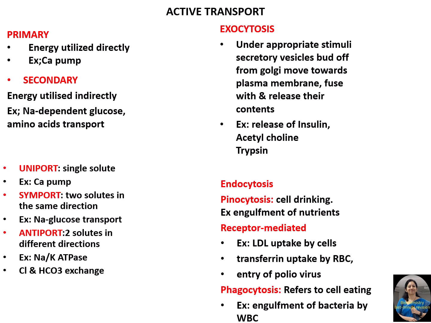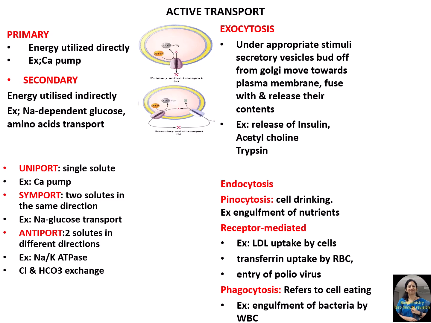Coming to active transport mechanism, which can be classified as primary and secondary active transport. Primary refers to energy utilized directly, for example the calcium pump. With ATP hydrolysis, calcium ions are either moved in or out of the cell. In secondary active transport, the energy is utilized indirectly. Here sodium entry into the cells requires hydrolysis of ATP, and this simultaneously pumps in glucose along with sodium. Along with sodium, amino acids are also transported. So this is secondary active transport, where energy is utilized indirectly for pumping in of glucose and amino acids along